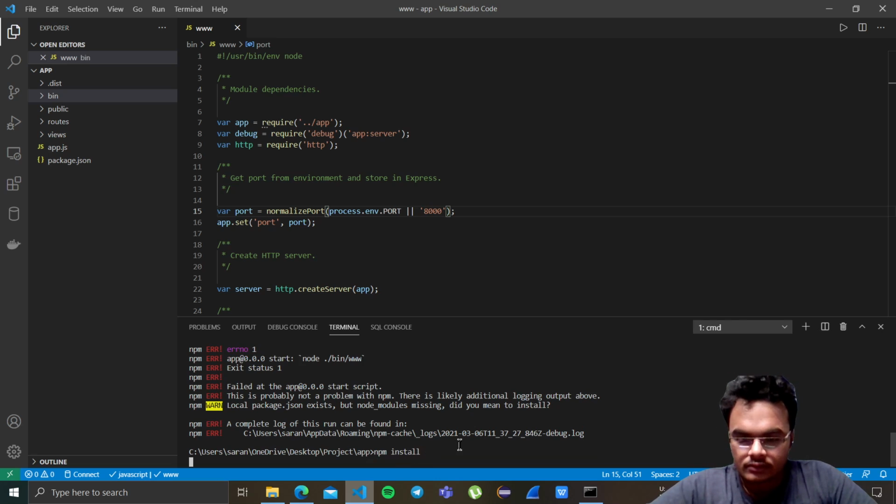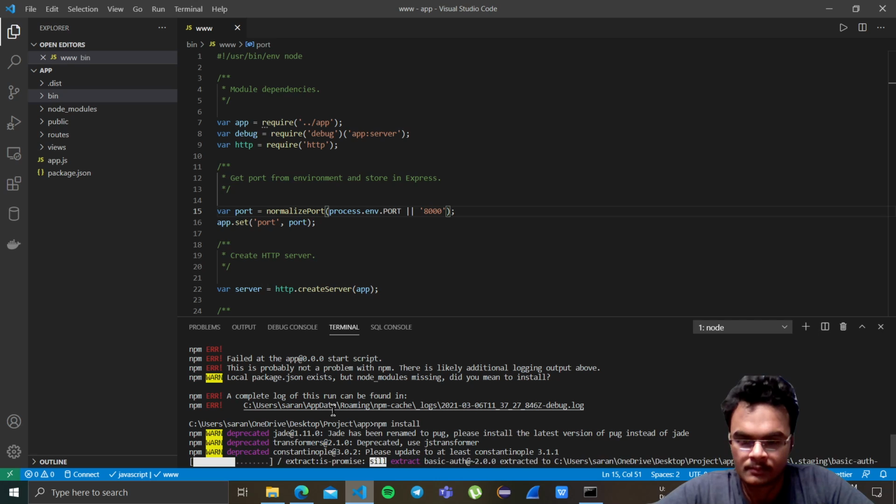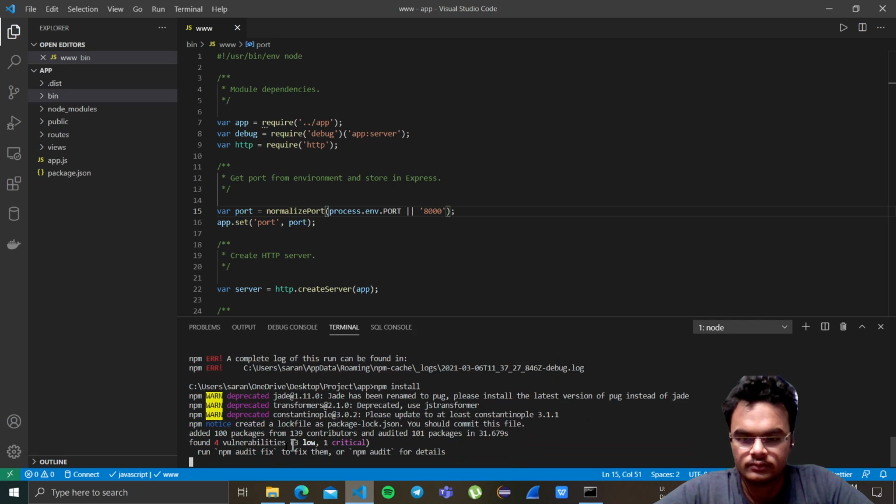The Node Package Manager looks at this package.json file and installs all its dependencies. It will take some time, I guess. Yeah, now it's ready.